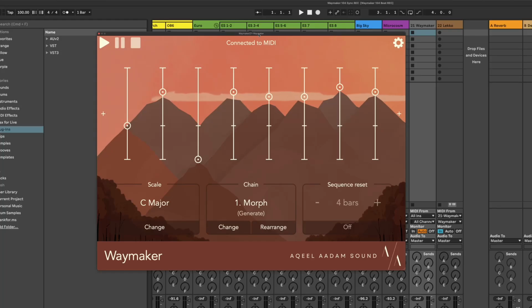Hello. Today we're going to look at Waymaker's new syncing settings that were introduced in version 1.0.4. You might be familiar with how Waymaker synchronizes to your DAW already. By default, Waymaker follows the transport of your DAW. So when you hit play in your DAW,